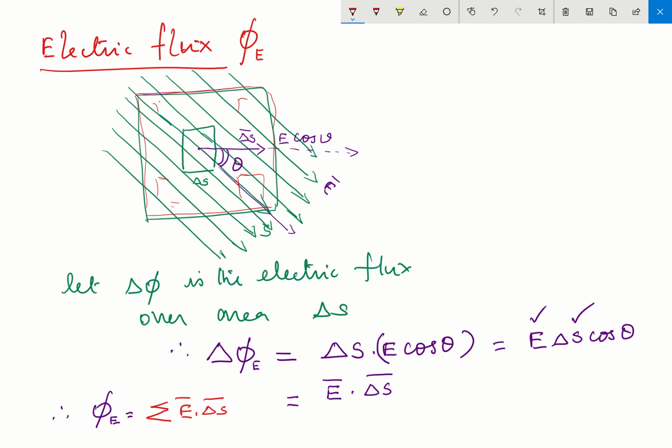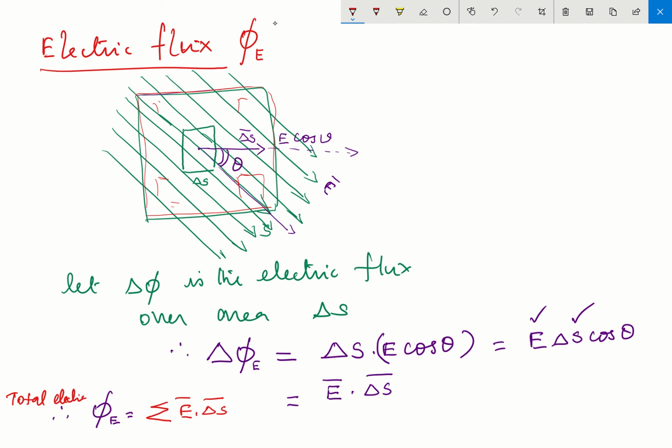First I am finding electric flux over a very small area, but I want it for the full area S. So you take so many infinitesimally small areas, and for every area you find the flux linked with each small area element. Then add everything, and you will get the total